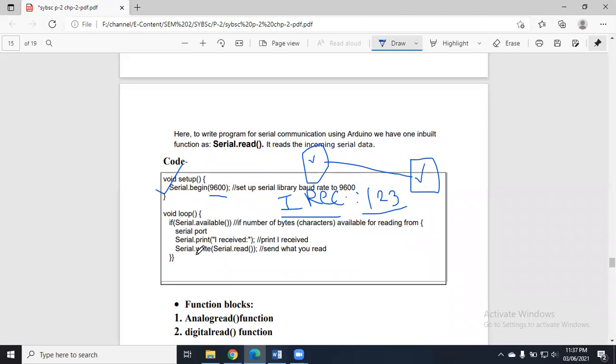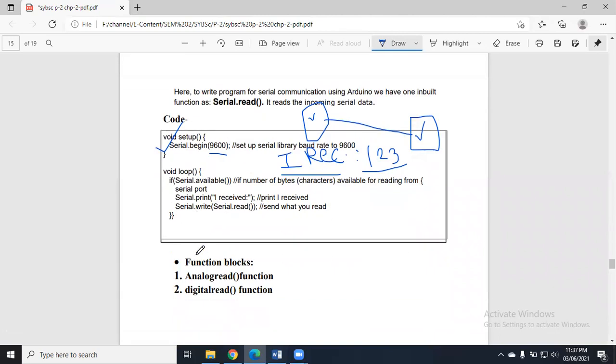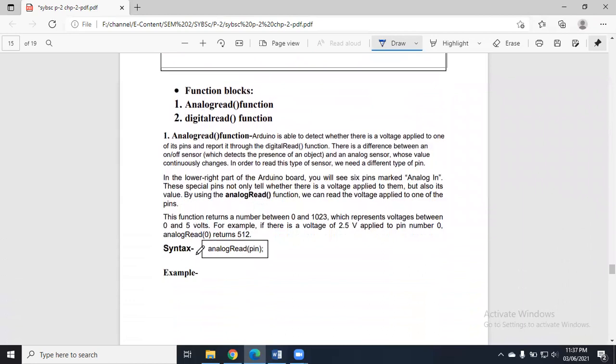This is going to be very important, and it is also kind of an easy thing. Next up, we have the function blocks, analogRead and analogWrite. Maybe we'll discuss these two functions, and there is one program, intensity control of an LED with the help of pulse width modulation using the analogWrite function. We will discuss those programs and this concept of analog read and digital read in the next lecture.